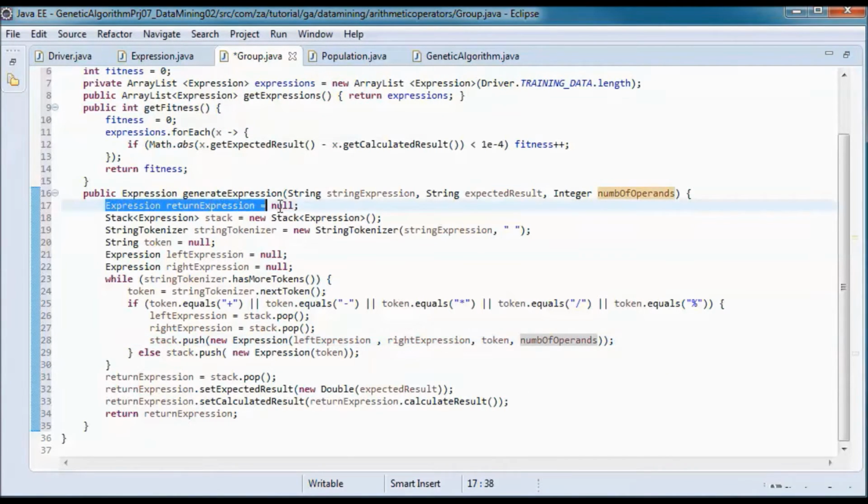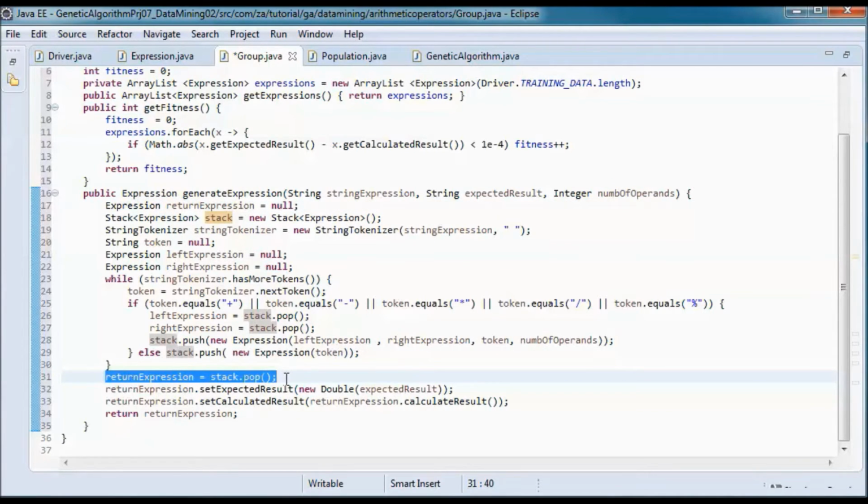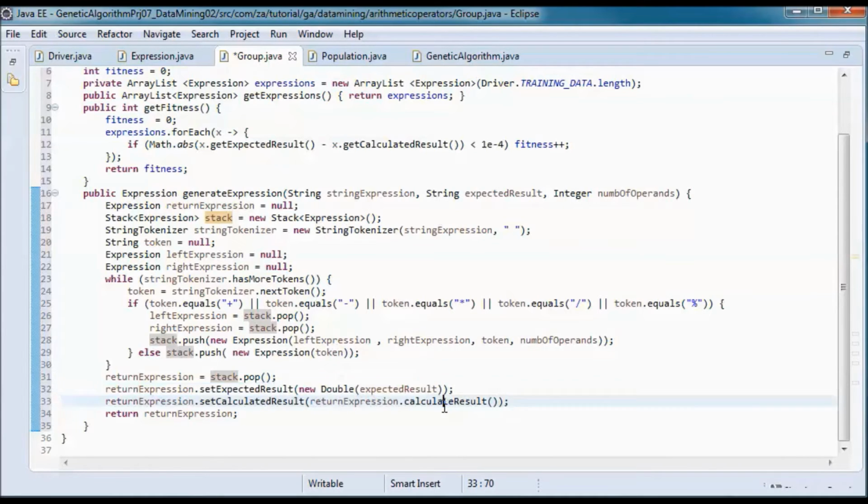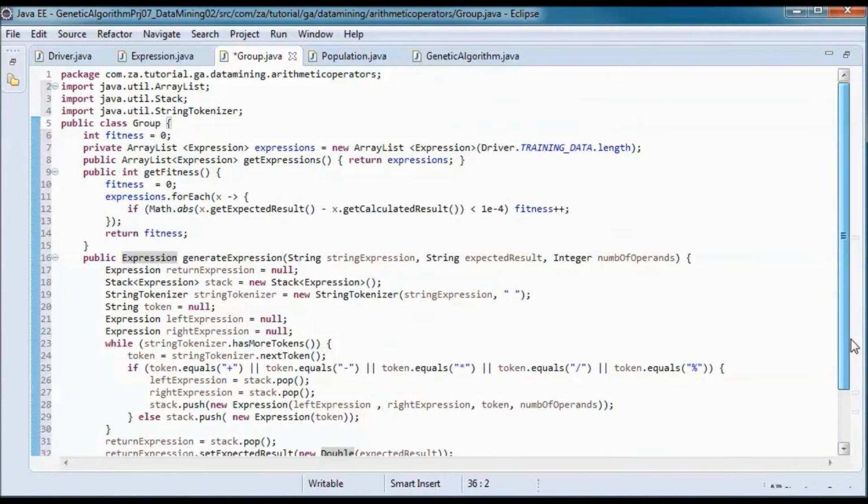And here we define the return expression, so that return expression would be what's returned from stack.pop, and we set the expected result and the calculated result for that return expression. And the calculated result is set by calling the calculate result method on that expression instance, the return expression, and we end up returning that return expression. So this should do it for this class.